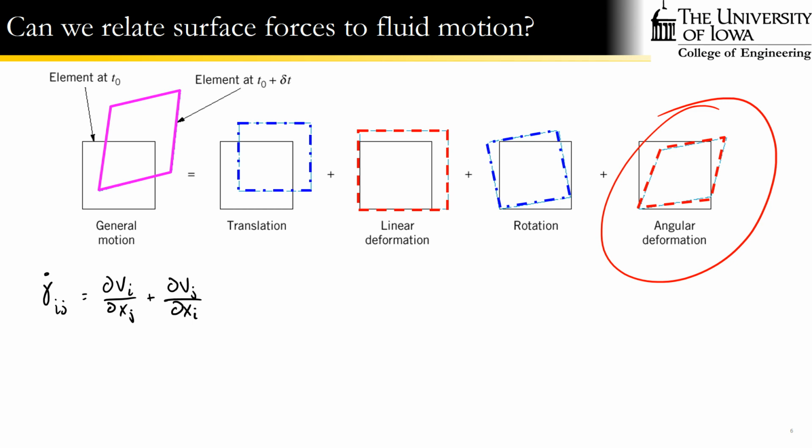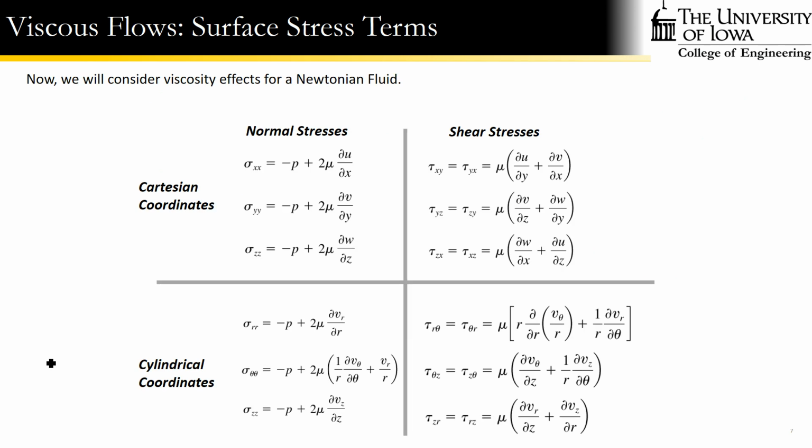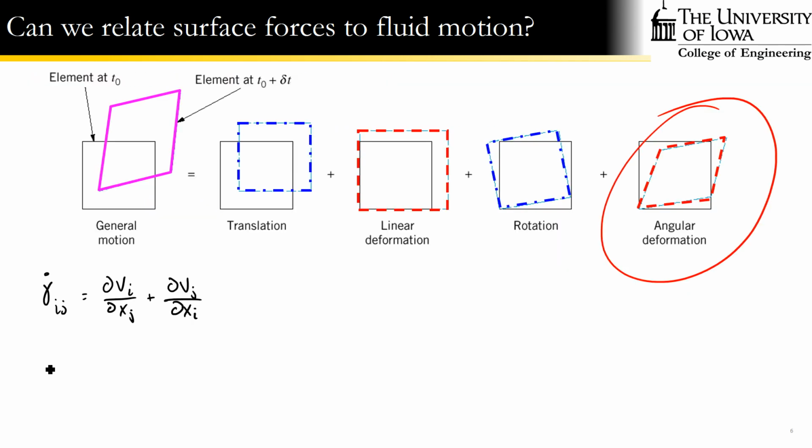The rate of strain. This is what differentiates a fluid from a solid. Solid stress is proportional to the strain. Fluid stress is proportional to the rate of strain. So we've defined what the rate of strain is, and this allows us then to link tau ij,